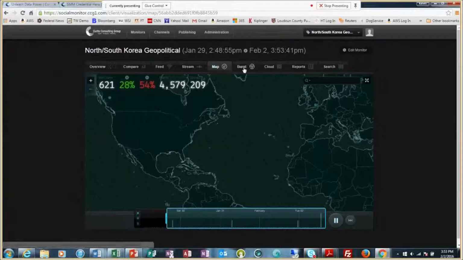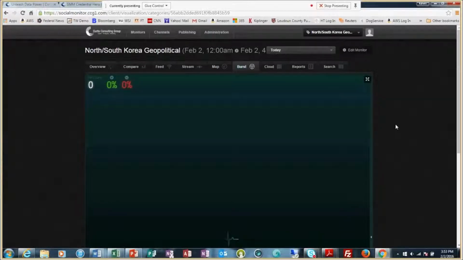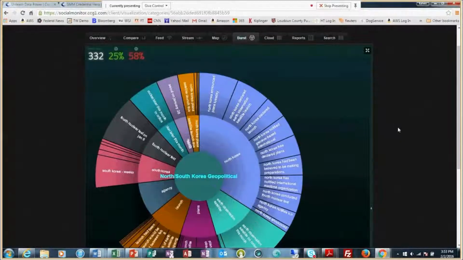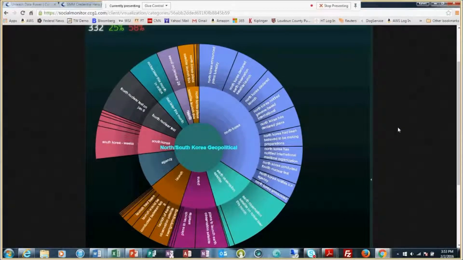While that's filling up, let me take you to our burst page. This is a very interesting graphical view of some of the key topics around that monitor and how there are subgranular strata of discussion more specifically. So for example, in this purple area you see around the topic of North Korea, there are several subgranular levels of discussion, and I can simply drill in and get a better preview of some of these topics